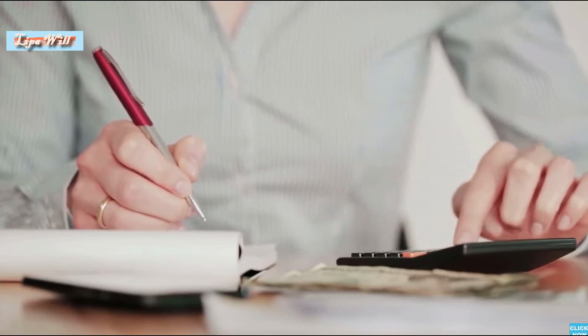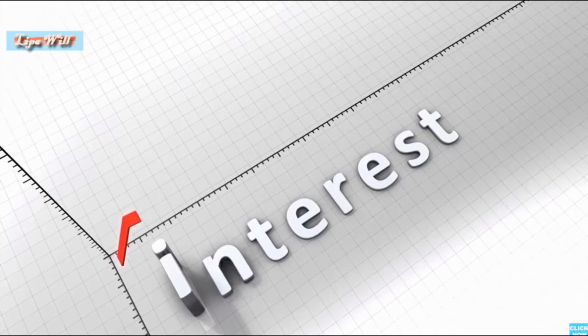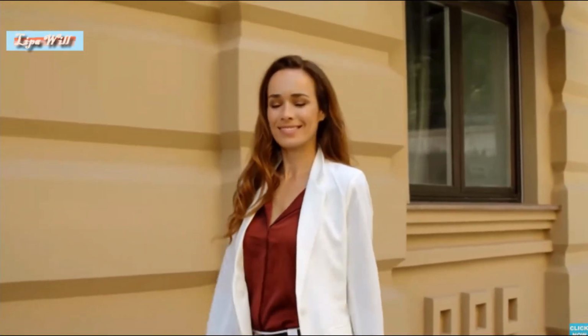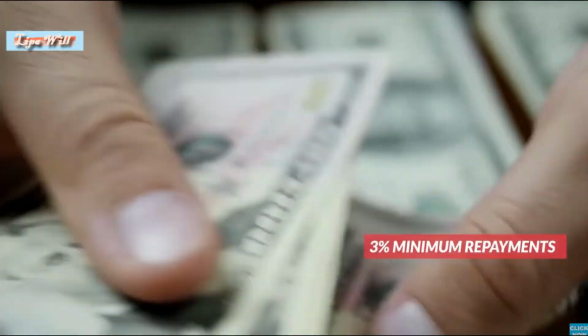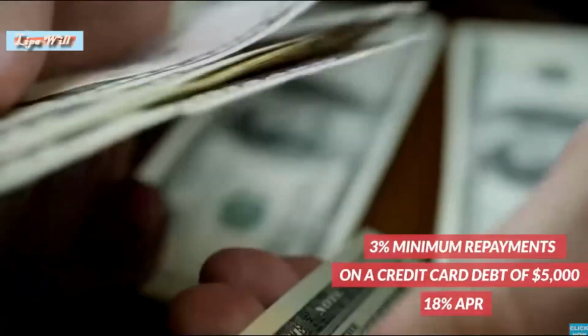Think of it this way: every dollar you use to reduce your principal saves you from having to pay interest on that amount, and that can mean being free from debts years earlier than you expected. If you made 3% minimum repayments only on a credit card debt of $5,000 with an 18% APR, for example,